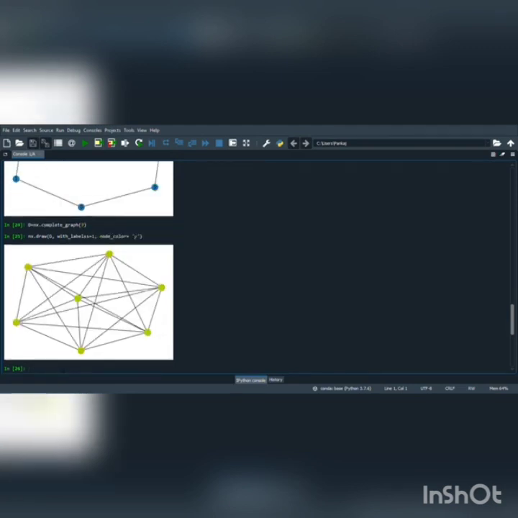So here we can see that our complete graph is also created with nodes of yellow color, so we can change the color of the nodes. So this is how we can create graphs visually.